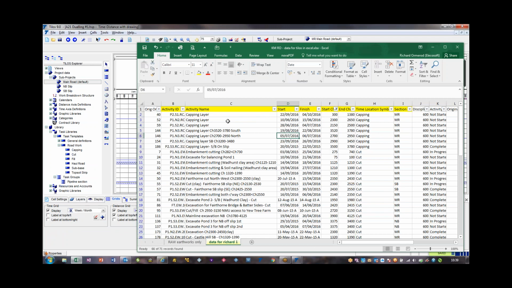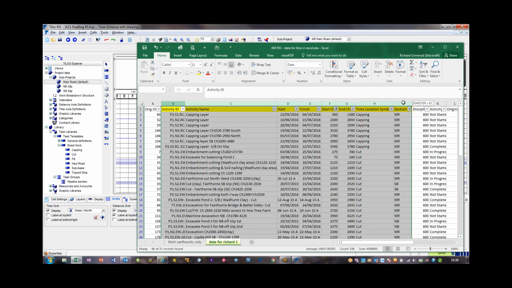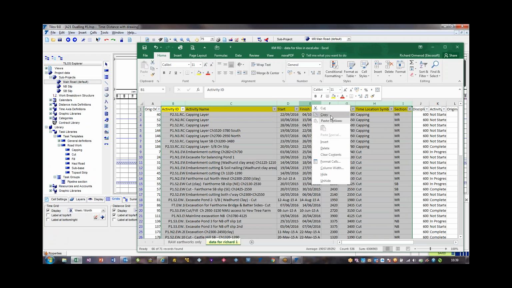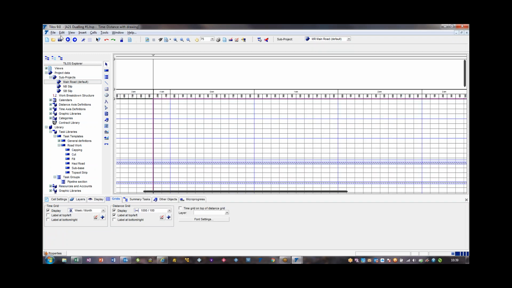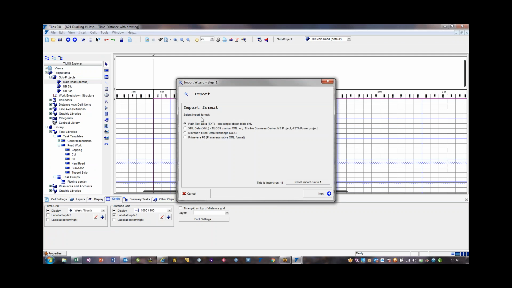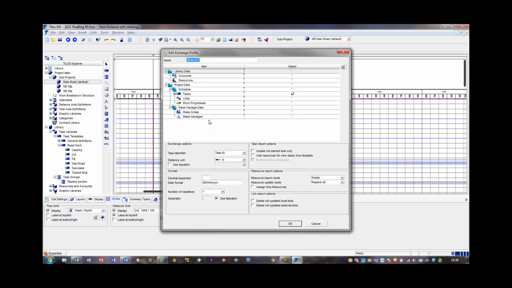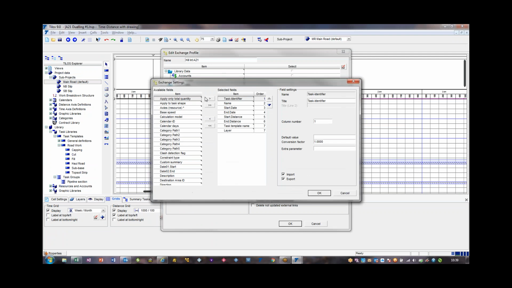So now we've got to adjust, exactly, so we need to select this and adjust our import profile. So I'm going to copy that. I'm going to go back to TILOS, File, Import, Next, Next. I'm going to edit the one that I've made before, double click here, and I'm going to choose from my left-hand list,